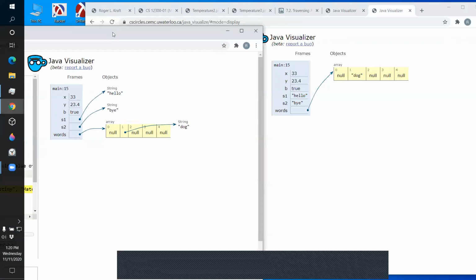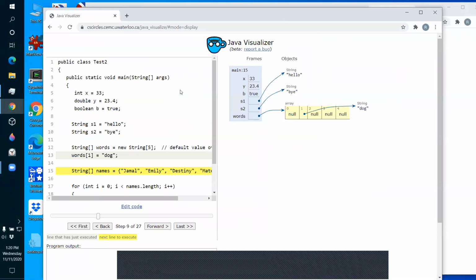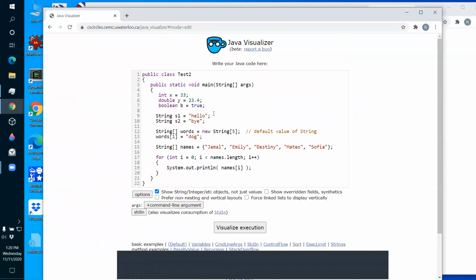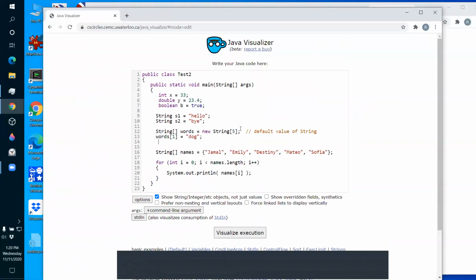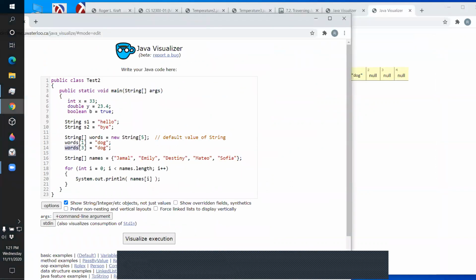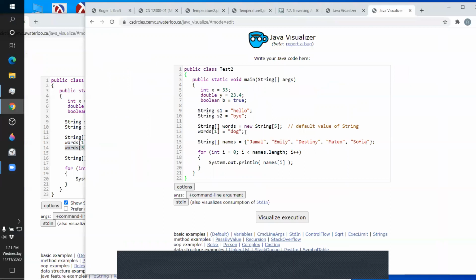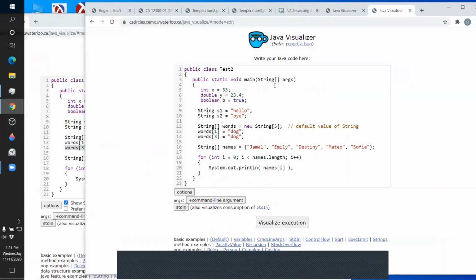So let me modify this a little bit, and do the same thing in the other one. Notice I'm putting the word dog in the array two places.